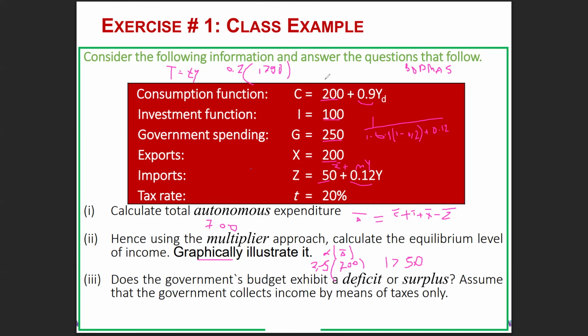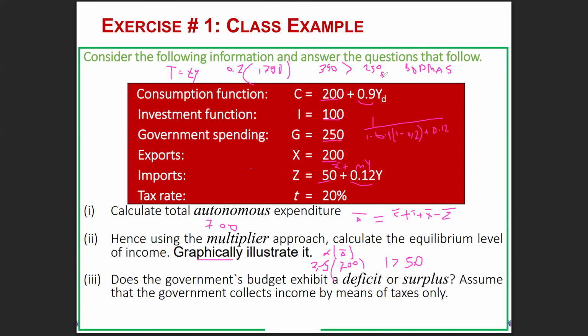So the tax that is collected is 350, right? And the government spending is 250. So you can see that the tax revenue is greater than the government spending. So this is a surplus,